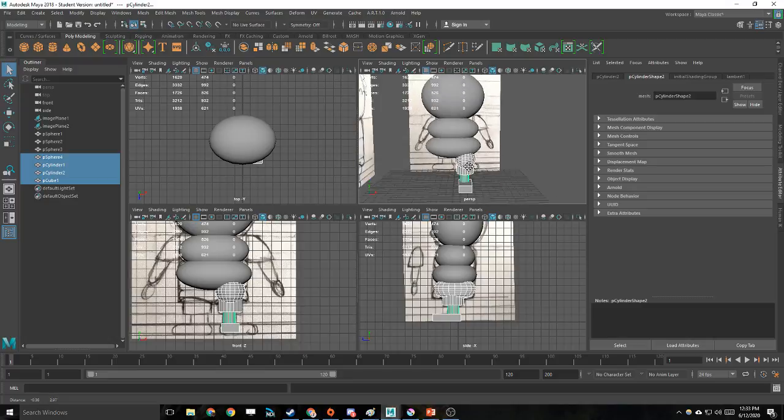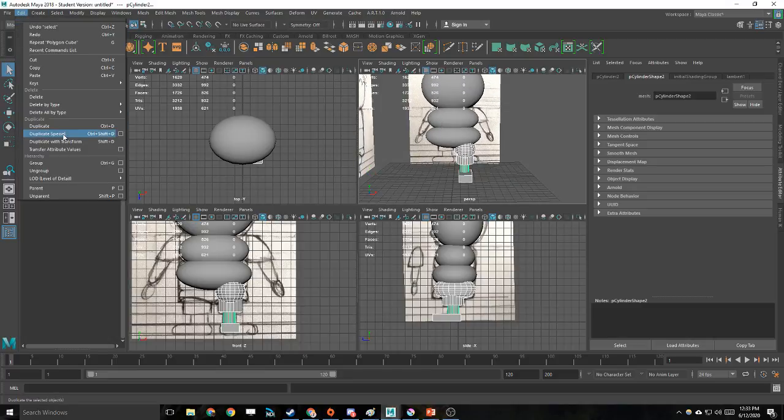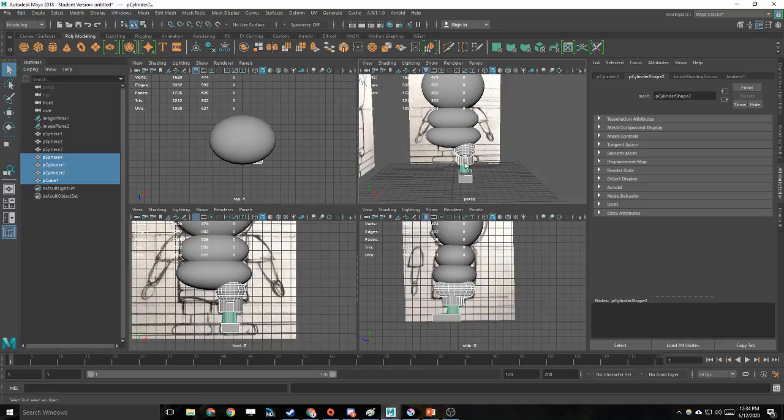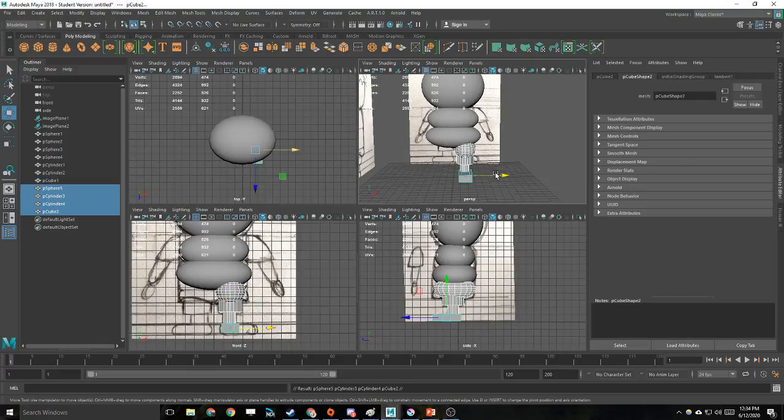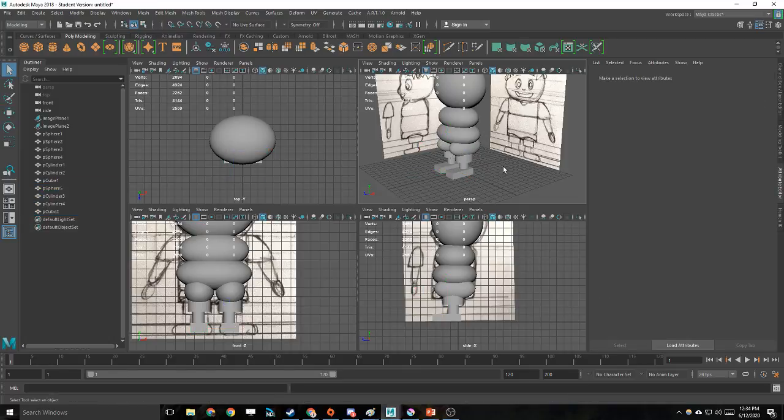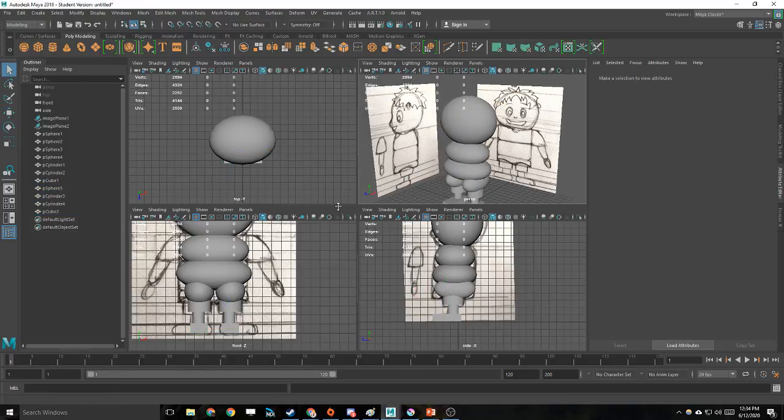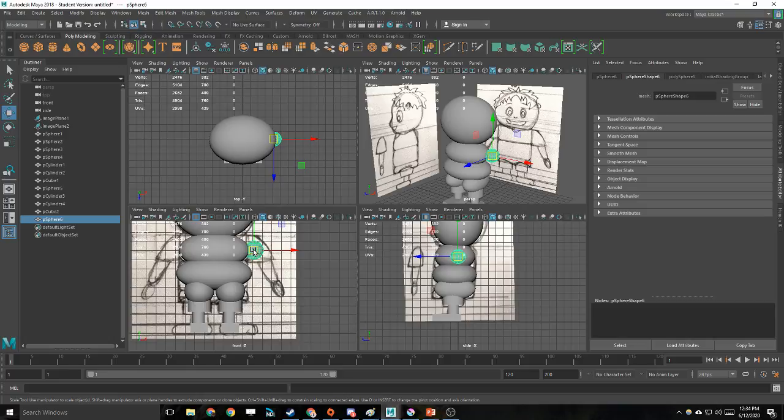Now to save me time, because the character's symmetrical, what I can also do is press duplicate, which is Control D, or Shift D, but I'm just going to go Control D to duplicate these shapes. So if I hold down Shift, I can select multiple meshes, and I'm going to go Control D and then move that across there, just so that I can get an idea of that. And just to finish off this blockout,